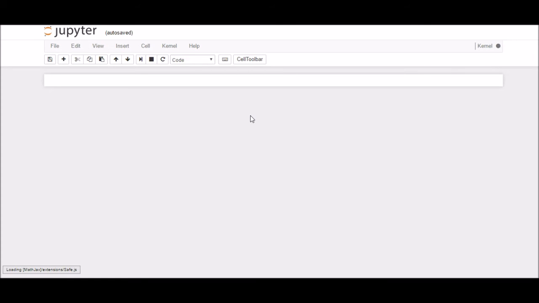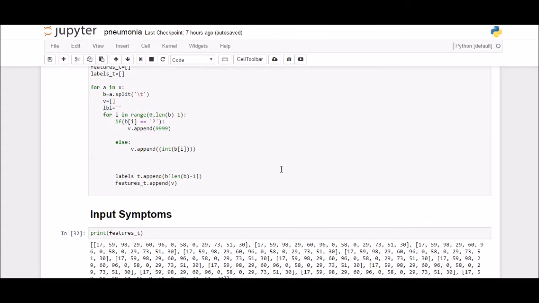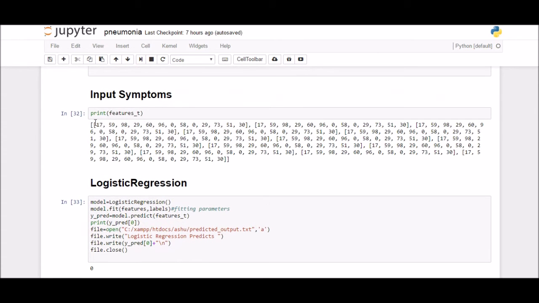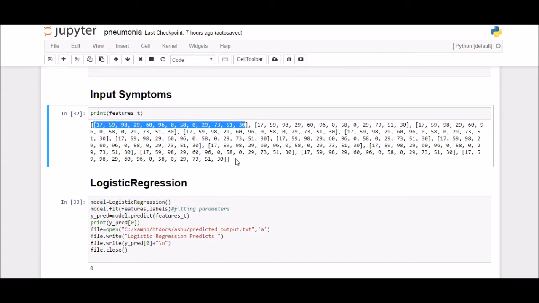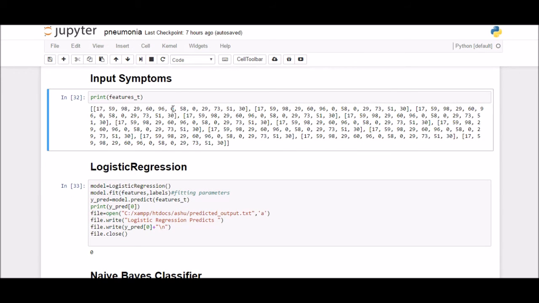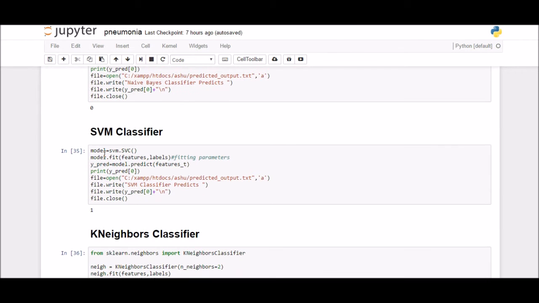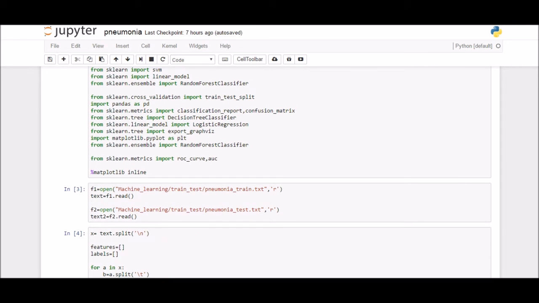Now we have been directed to the Python programming language code where the entire prediction code is written. See, these are the inputs which we have just given, and the value 0 is for the questions which we have skipped, and these are certain machine learning algorithms which we are using. After evaluation, they return 0 and 1. 0 for not having the disease and 1 for the presence of the disease. Let's go back to the prediction page.